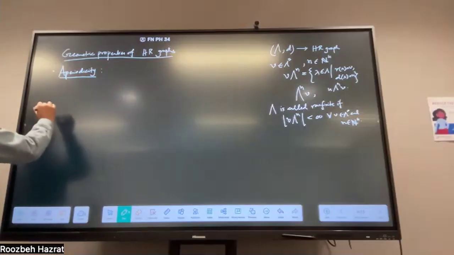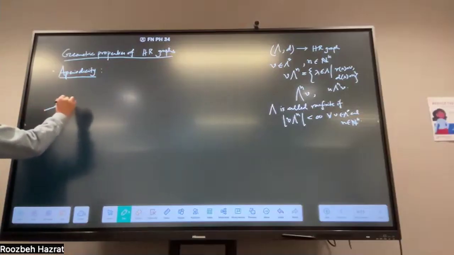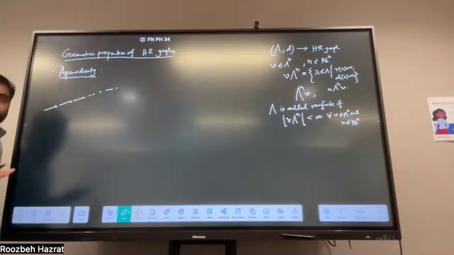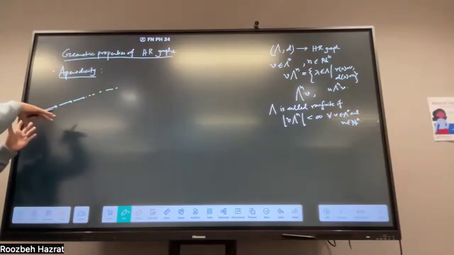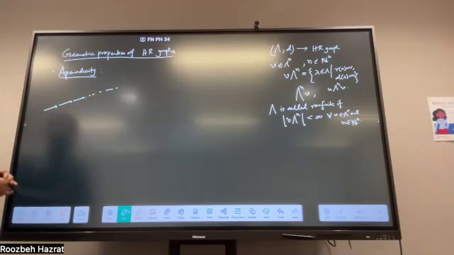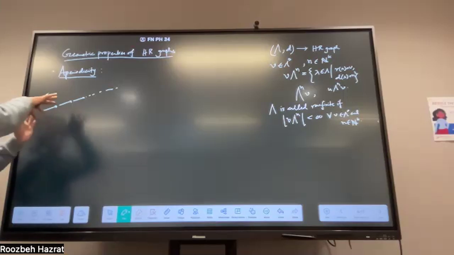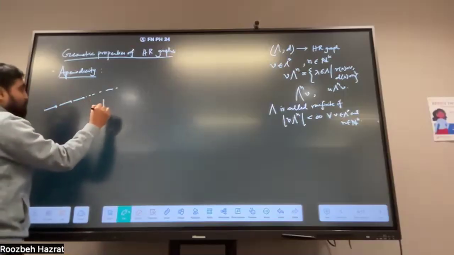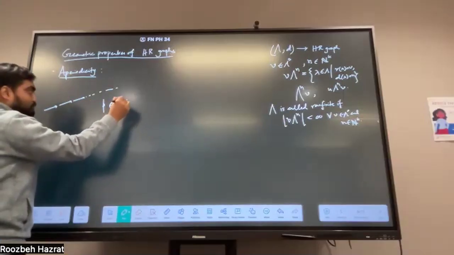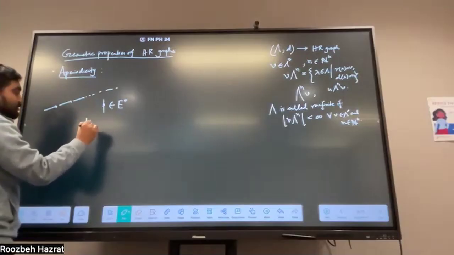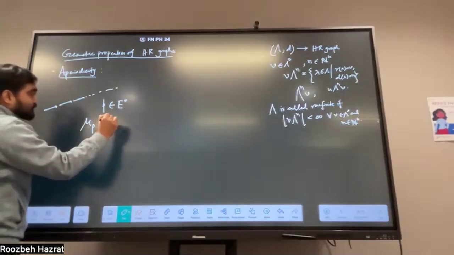So for one graphs, it is easy to define paths and also infinite paths as the infinite sequence of concatenable edges, right? But that perspective is not possible here directly in this setup of higher dimensional graphs. So that's why we can think of these paths in graphs in a different way. For example, if you have a path in a graph, E star, then you can view this path as a function from this